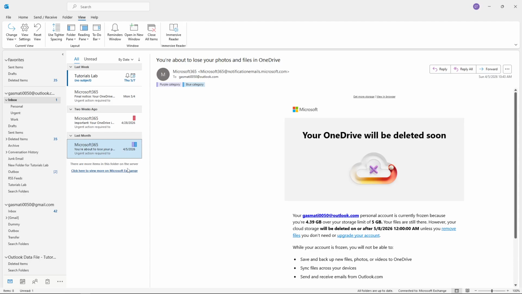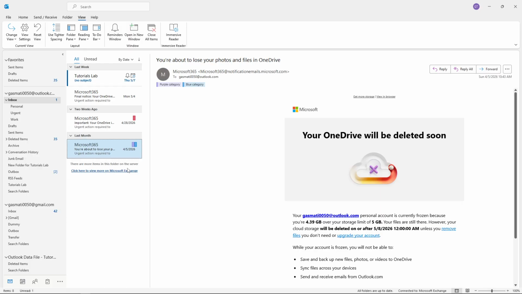Today I'm going to show you how to save and reset current view in Outlook. So I'm starting by opening Microsoft Outlook on my computer. Once the app launches, I'm logging into my account and waiting for all my emails to load in. This just takes a moment, and once everything appears on the screen, I'm ready to move forward with saving and